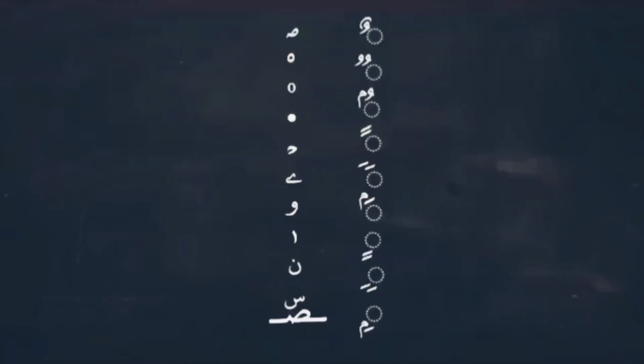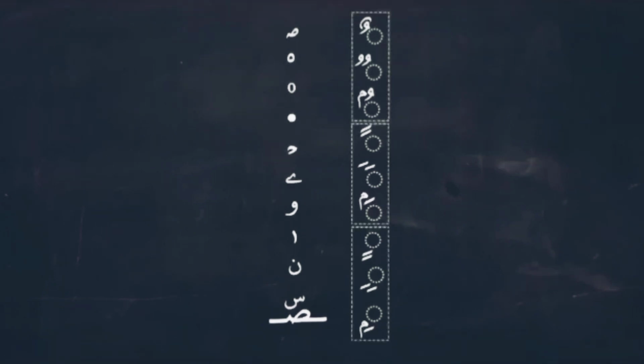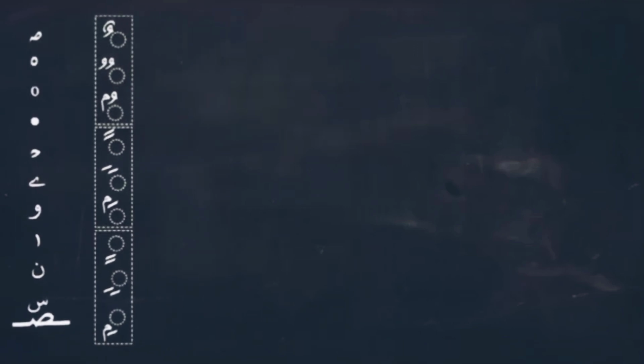So if you want to fine-tune your reading of Qur'an, learning these symbols is a must. On the right side here, you see all the variations of tanween in the Holy Qur'an. Tanween is the addition of noon at the end of a word. Normally you will see this sign if you read any Arabic text. In the Qur'an, however, there are 3 variations for each type of tanween, and this is what they mean.